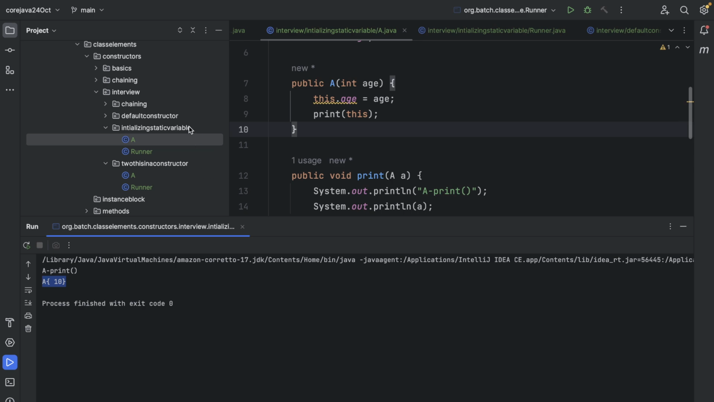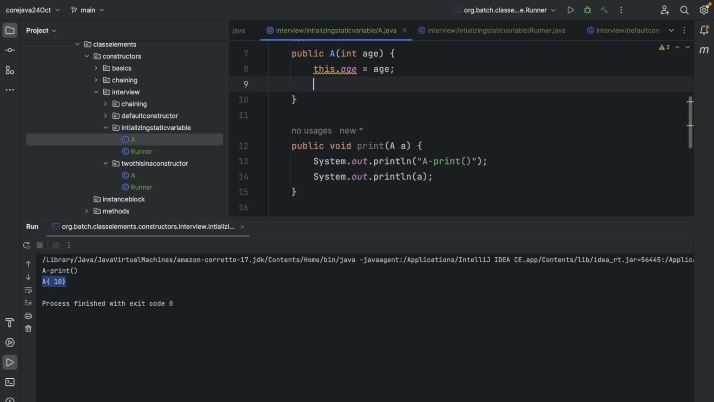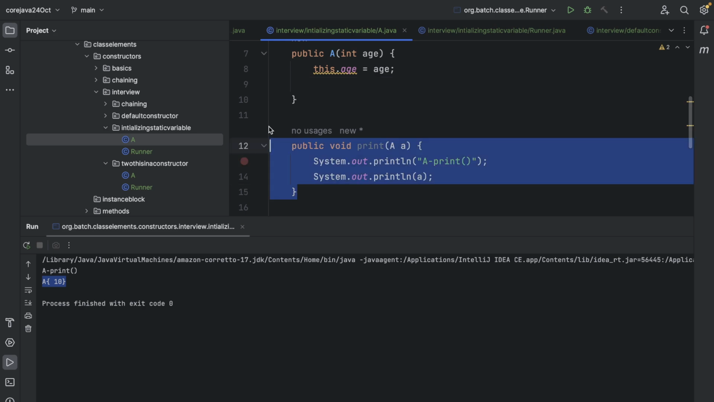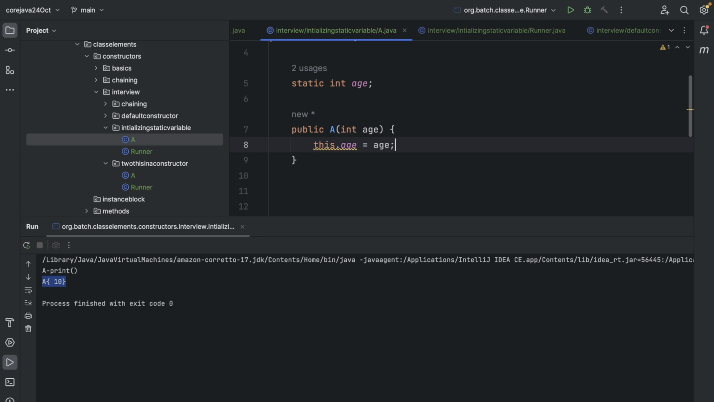Okay, so this class initializes the static variable. Cool. So the interview question was, can we initialize the instance variable with this? And the answer would be yes, we can. Yes, but we are never going to do it. We are going to see why we are not going to do this in the later session, but it is possible,